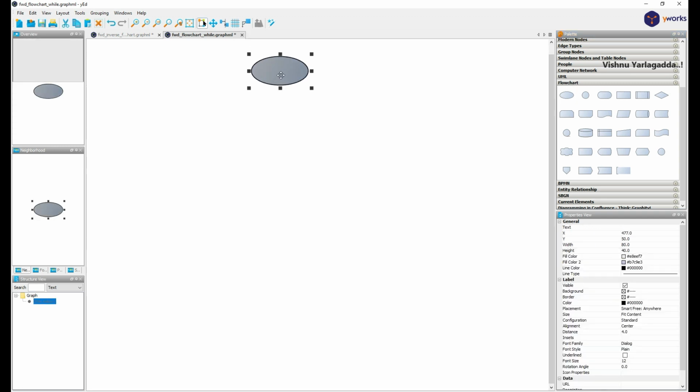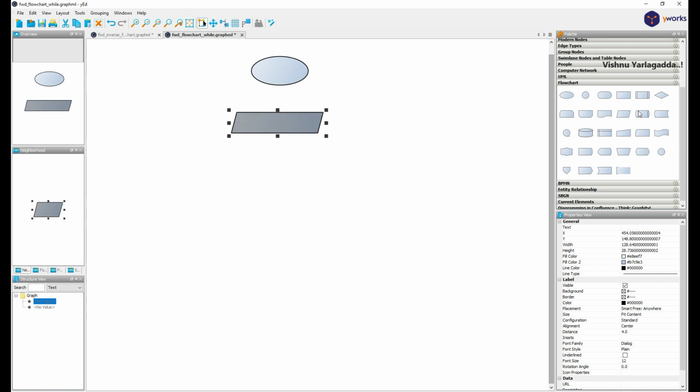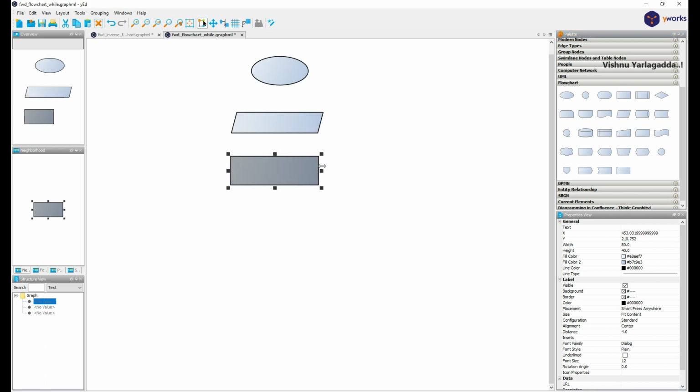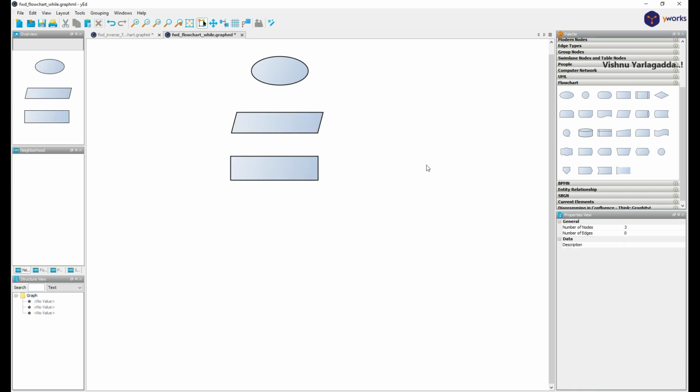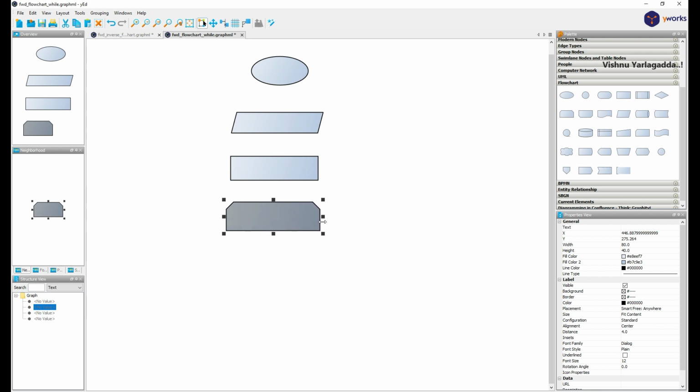Start. Then I'm going to read the number. Then I'm going to set I equal to 2 and flag equal to 0. Then I'm going to keep a loop. This is the begin of loop. Then in the loop I'm going to check whether num equal to